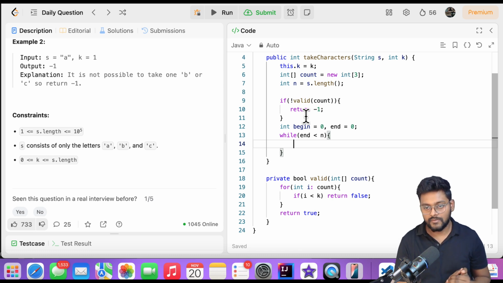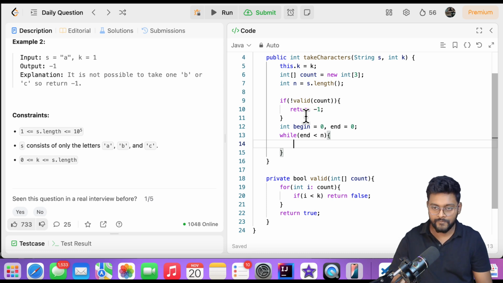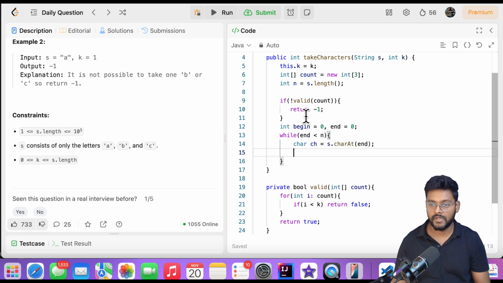And in this case, there is no previous iteration. It means from the previous iteration, we are getting an empty sliding window. And in this sliding window, I will just add the current element. So the current character, I need to see: char ch is s.charAt(end). And this character, if I want to add it, it means I need to remove this value from this